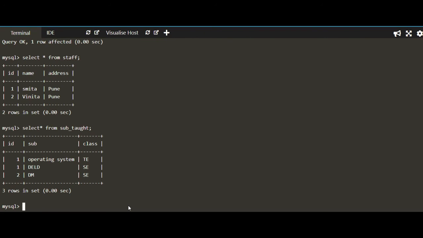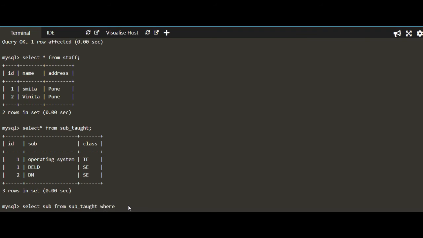If I want to find out what all subjects are taught by Smita, then I can write a query: select what I want, subject, from subject,